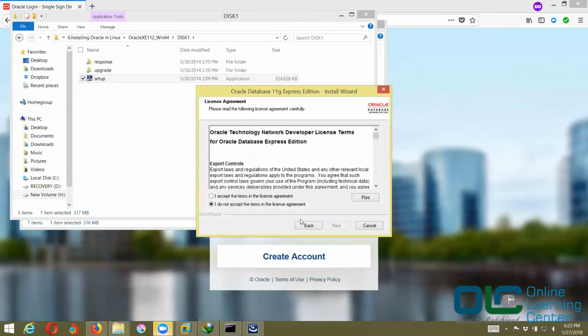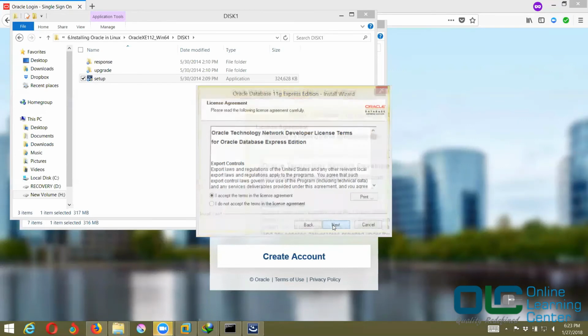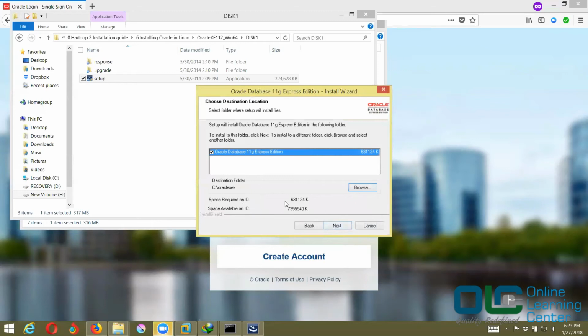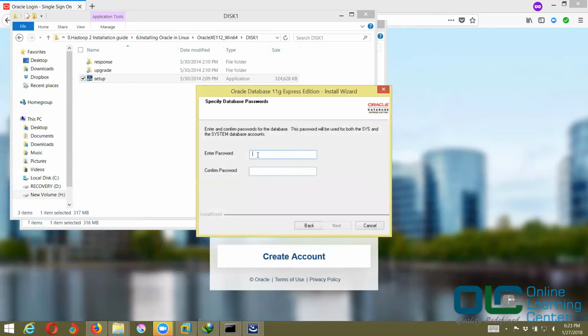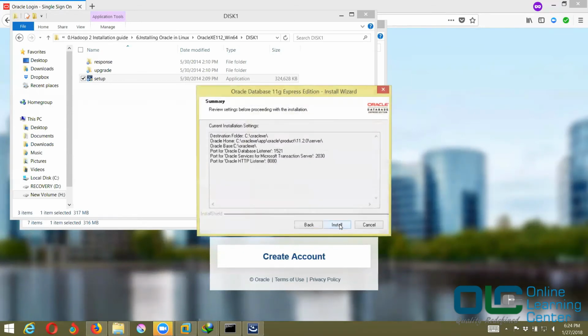Just say next. I accept. Next. Now where do you want to install your Oracle? So I'll choose default C drive. You can go ahead with the default installation. Next. Password. So it'll ask you to enter some password. So let me put the password as manager. Okay, so I have kept my password manager. So it gives you some port number details and all. You cannot change it. Say install.